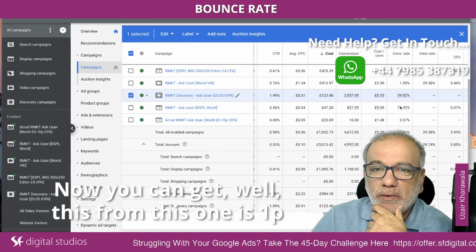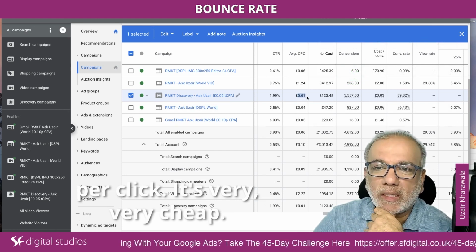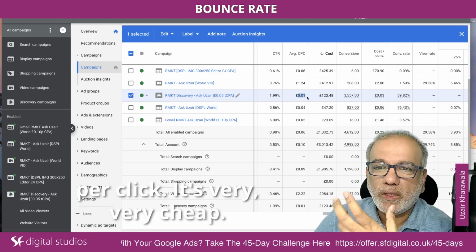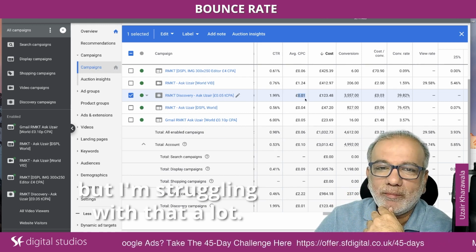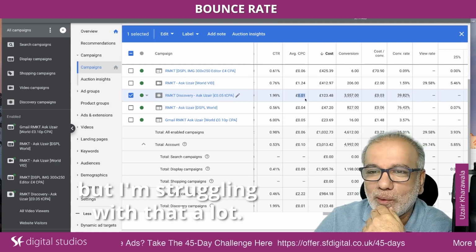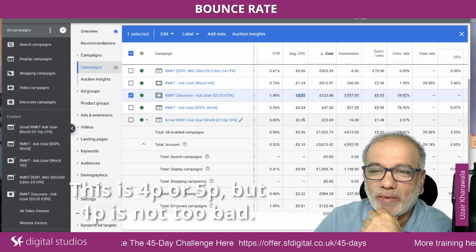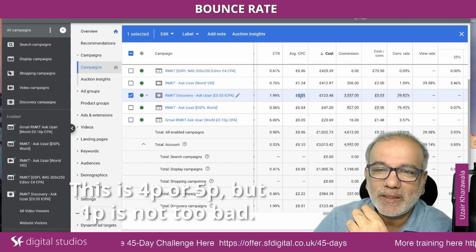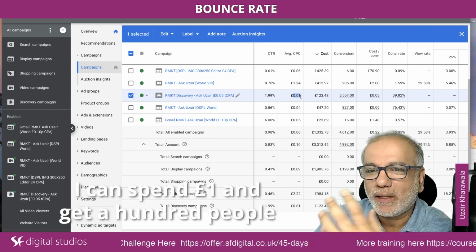Now, you can get, well, from this one is 1p per click. So it's very, very cheap. I'm trying my best to make it 0, but I'm struggling with that a lot. That's the lowest I can get. This is 4p, 5p, but 1p is not too bad. I can spend £1 and get 100 people